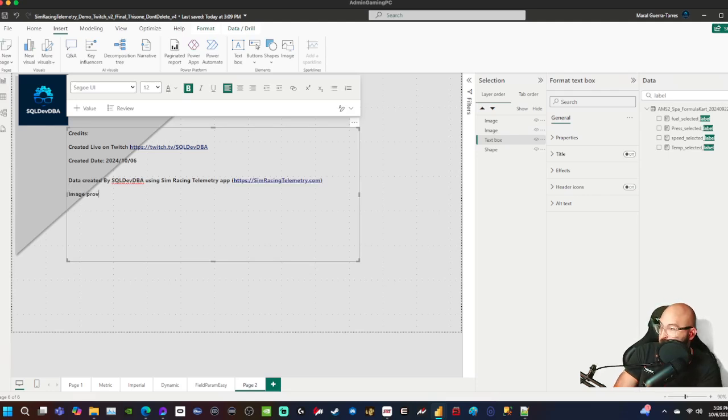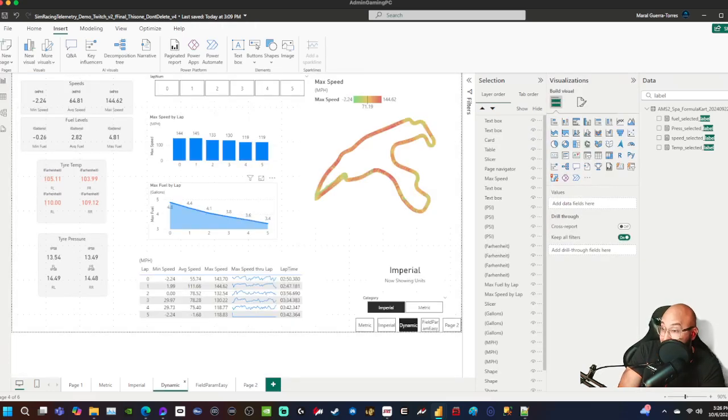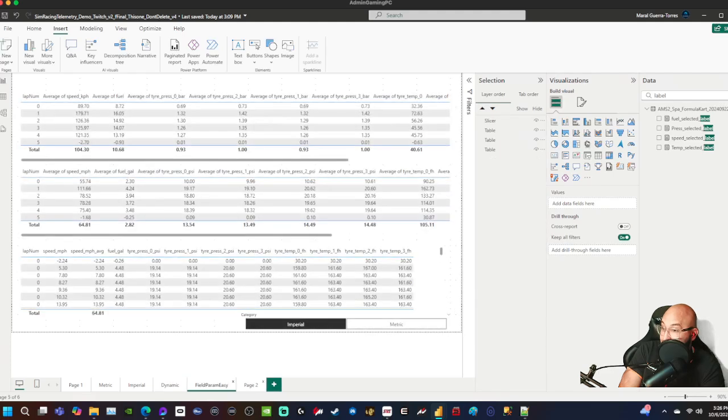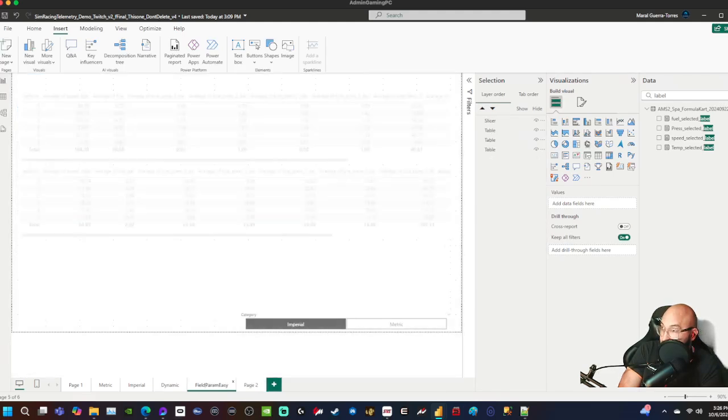Image provided by SimRacing Telemetry. Website. SRT logo image. Okay, great. So I'm gonna go ahead and publish, and if I really wanted to, I could technically just add that same background for everything, right? This background was pretty simple, so